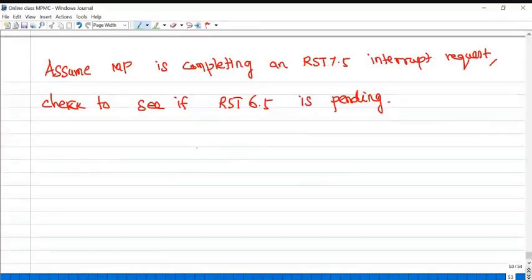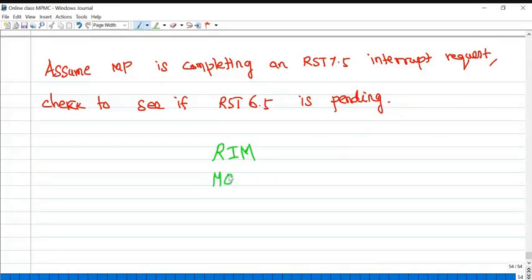Now the microprocessor first executes the RIM instruction. Once you execute the RIM instruction, the microprocessor reads the status into the accumulator. While executing the interrupt service routine for RST 7.5, the processor doesn't know which interrupt request is pending. Based on the accumulator status only, the processor can understand which interrupts are pending or not pending. We don't know what data is stored in the accumulator now. So let's execute the RIM instruction.